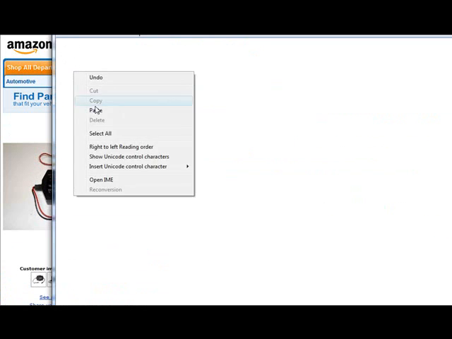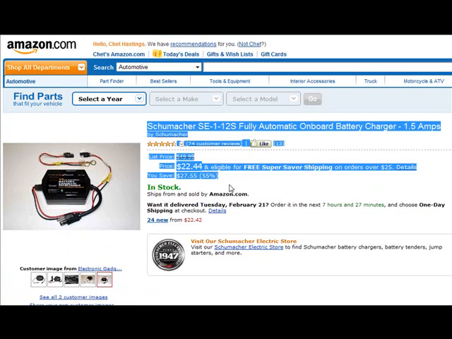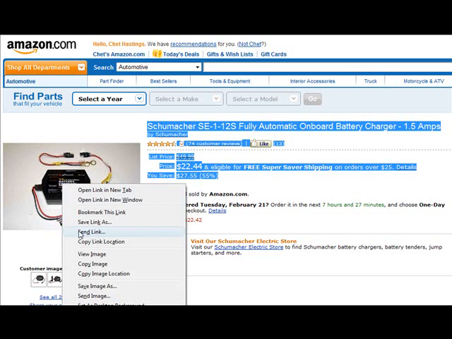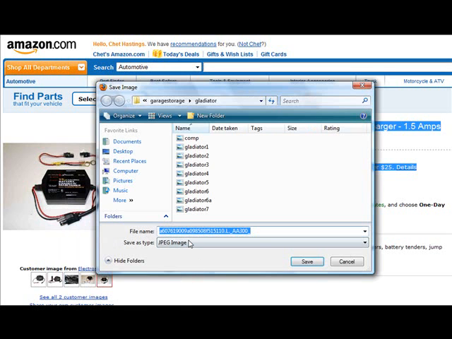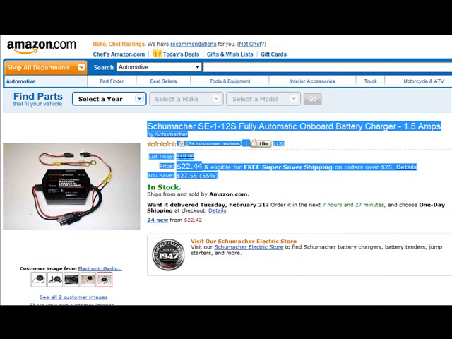As I copy this, I'm also going to copy the image. Simply right click on Save Image As, and then I will find the same folder where I'm putting this all together, and I will name that image. So the first image I just call Battery Tender 1, and I'll save that, and I go back to my notepad